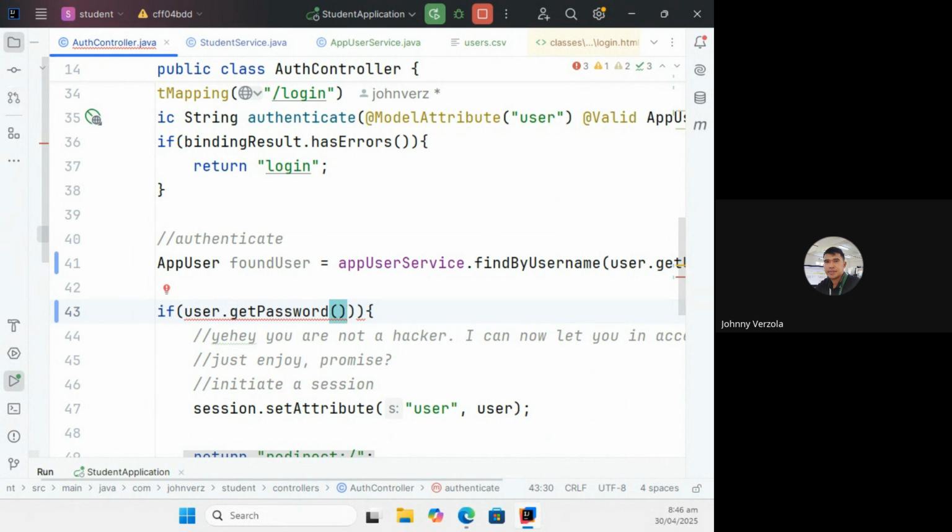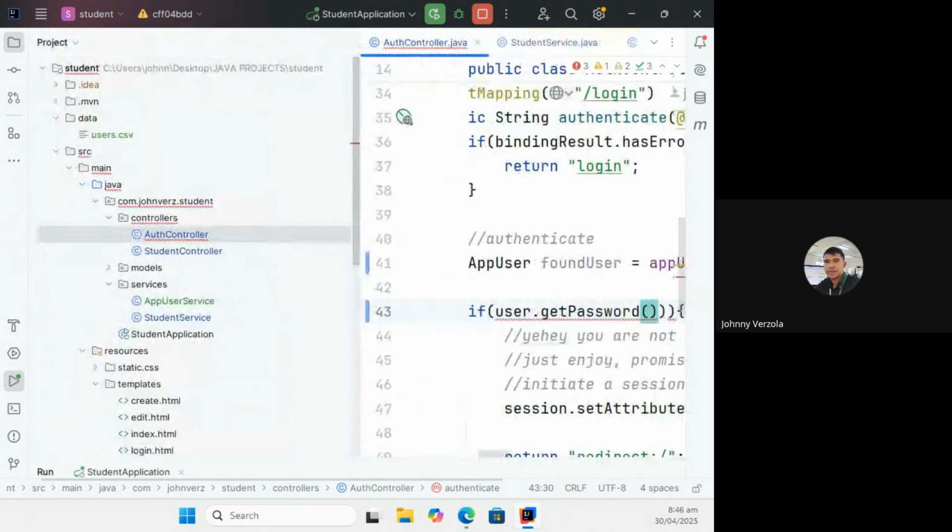So this is how we are going to use it. First thing, I need to include a library for that. It's called the bcrypt password encoder. Okay, this is how we're going to add it here. I'll just go to my POM.